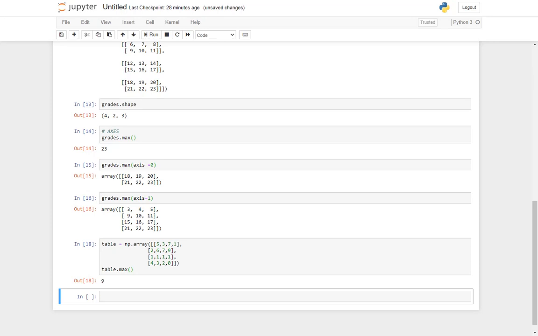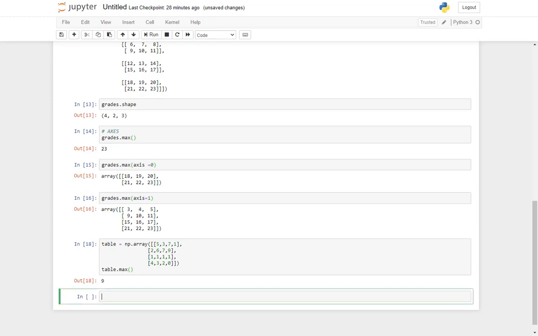Right, the error was resolved. I missed out one bracket. So now table.max is equal to 9. That means from the entire table there is only one maximum value, which is 9.